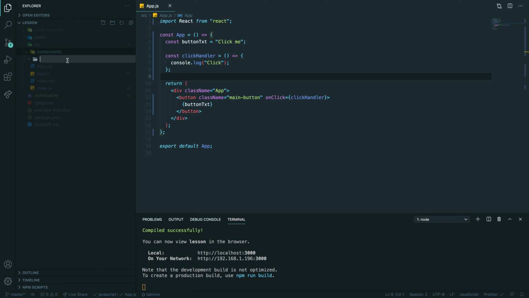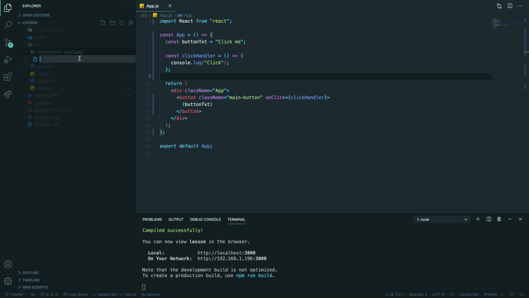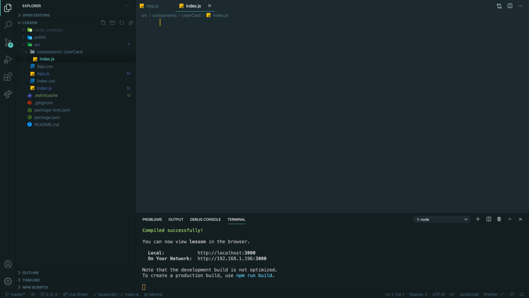So I'm creating another folder. Normally we use capitals for components. So UserCard, for example. And this is what we have there. So we have UserCard, and inside I will create an index.js file, for example.